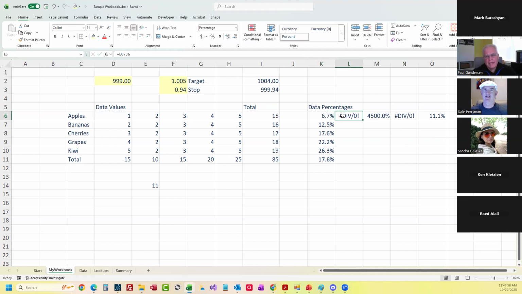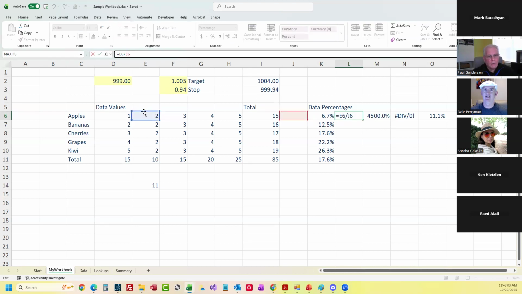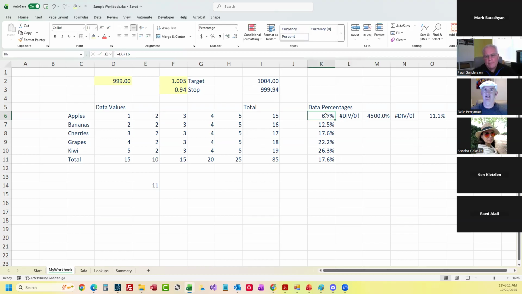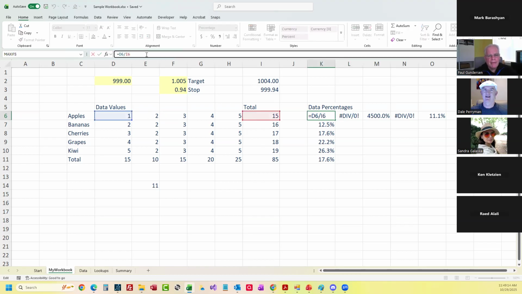When I copied that, it moved to column E, which is what I want, but it forgot about keeping this as a fixed column right here. So the way around that in Excel, and now all of a sudden I'm going from very basic to intermediate, is I can click on this and say I want to keep the column constant, so that if I use this formula, it's locking column I. And the way that you do that in Excel is you put a dollar sign in front of it